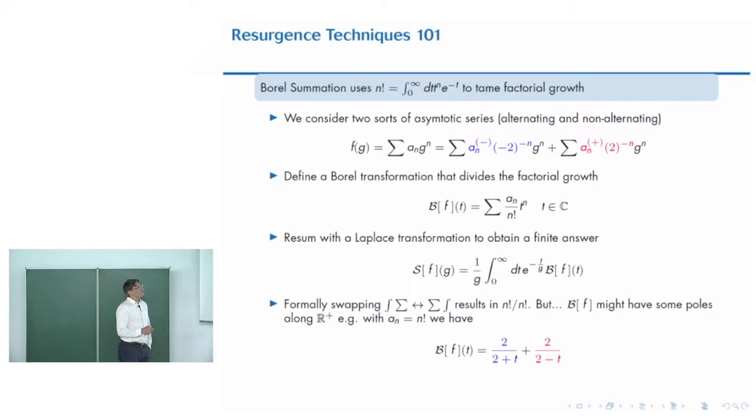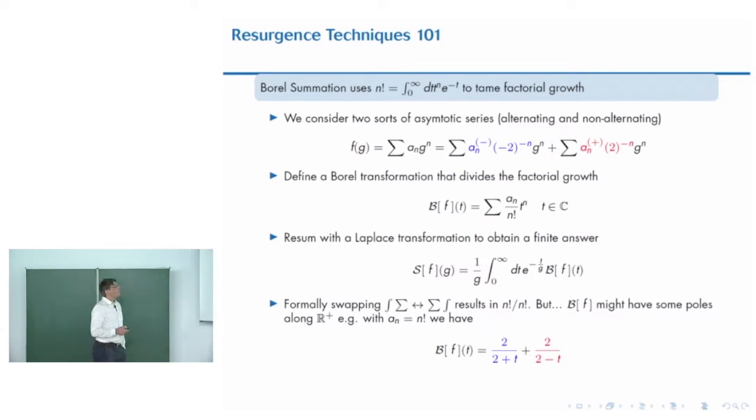Now, I'm going to jazz things up a little bit in this talk. I'm going to consider series that have 2 parts. So in blue, I'm going to have an alternating part. Right, so there's a minus 1 to the n here, plus, minus, plus, minus, plus, minus, and a non-alternating part. And I'm going to try and keep this convention. Red is non-alternating, blue is alternating. And there was a clever reason for red and blue to do with magnets, but I don't understand it now. But these coefficients, a_n plus and minus, are factorially growing.